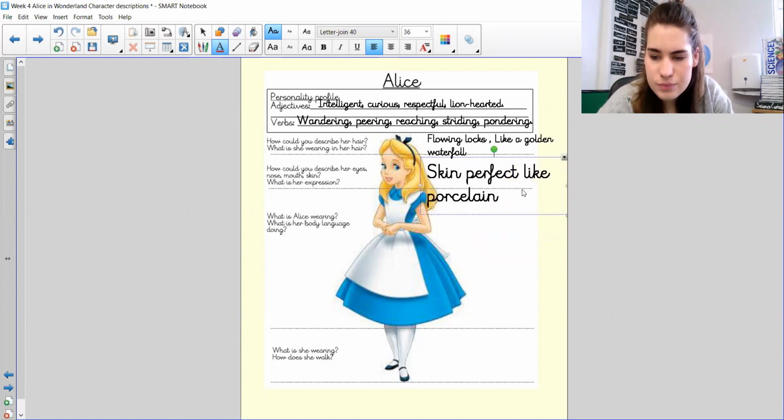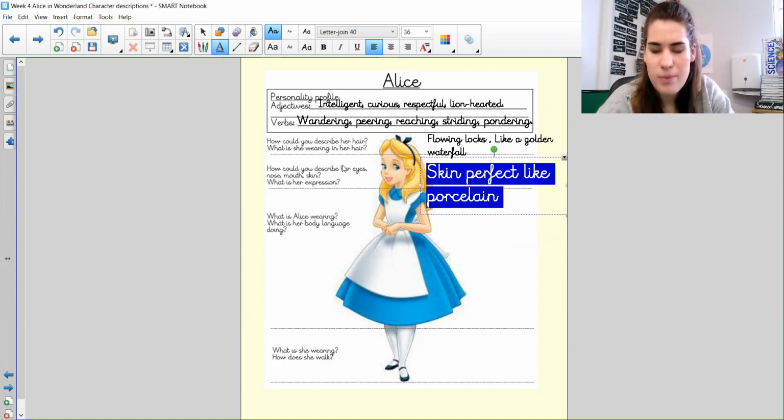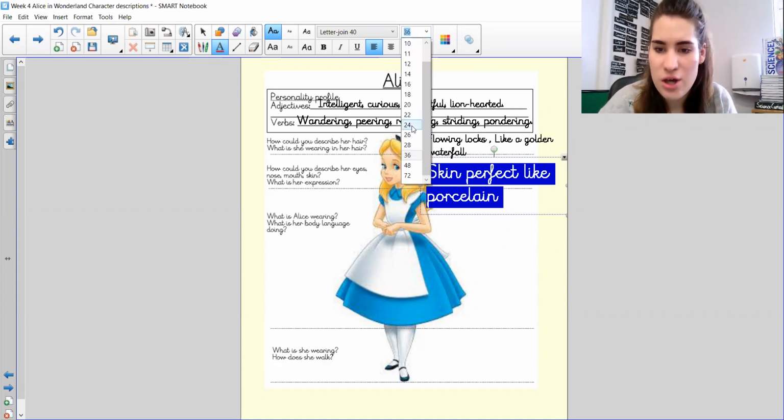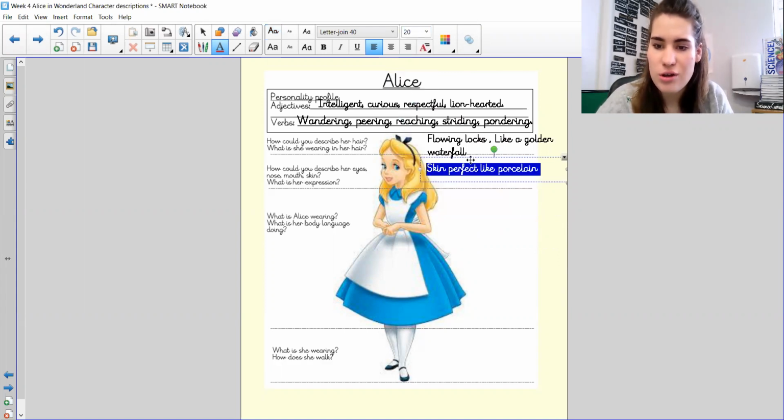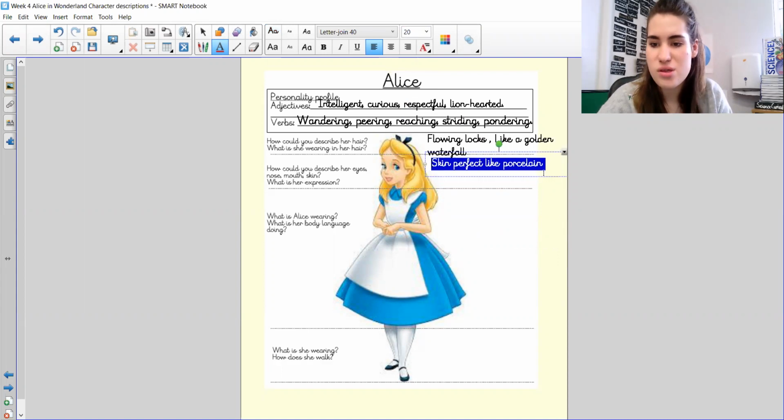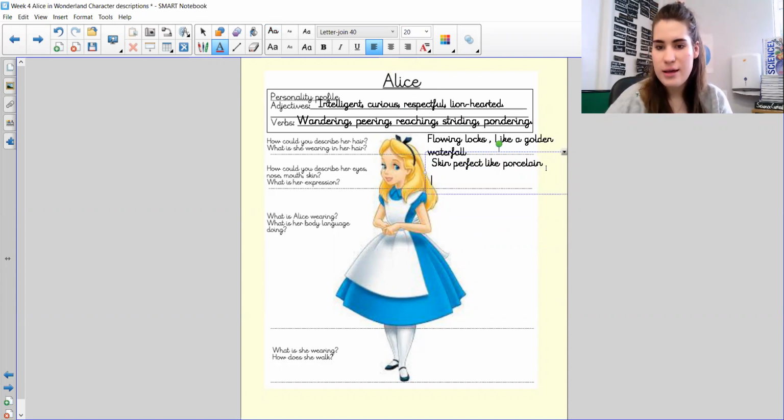Now, I've put on here how could you describe her eyes, mouth, nose, skin? But then I've also put, what is her expression? So what is she showing you, not telling you with her face? So this is where we're up-leveling our character description. Rather than just saying, Alice was very pretty, she had bright blue eyes like diamonds, she had flowing locks like a waterfall. Okay, if we can show, not tell the reader a little bit more about the character, then that's a really good way to describe our character,